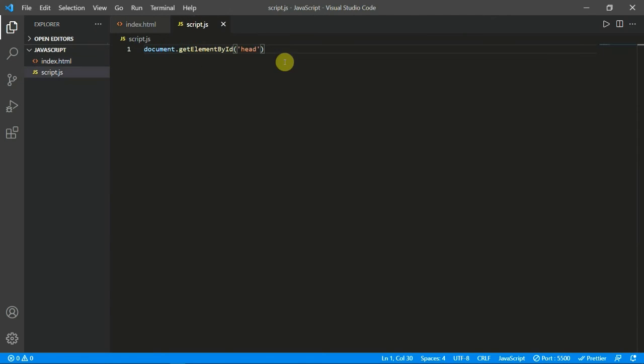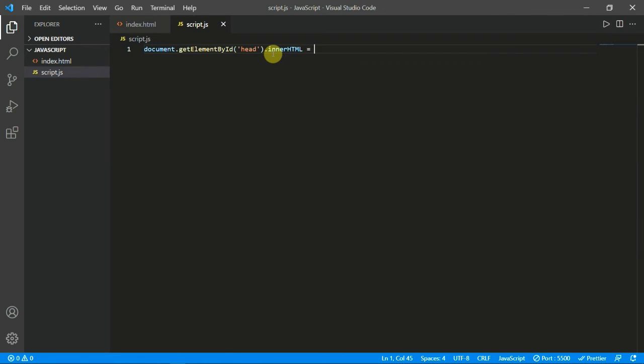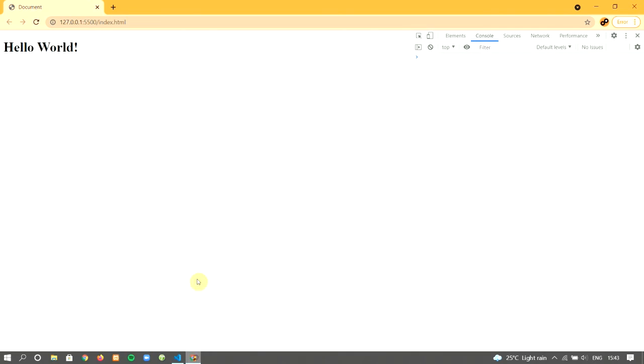Yeah, so the id was head, and then we will change the innerHTML equal to hello world. Okay, so this is about our h1 tag. So let's see, here we got our h1 tag.